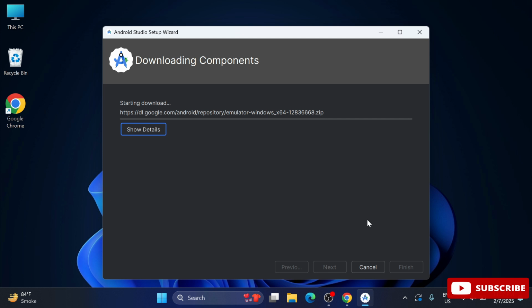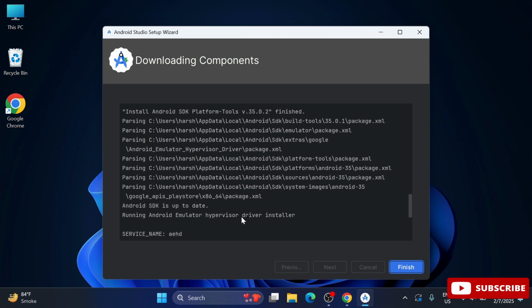So now it is downloading my virtual devices. So hence I'm saying you need a strong connection. We require installation of three things, like Android Studio installation, then installation of virtual devices, and installation of SDK. Okay guys, so it will take a while, so please wait. It takes I think around half an hour for completing all the installation. If your internet is good, it could be faster. Before half an hour also it could be completed.